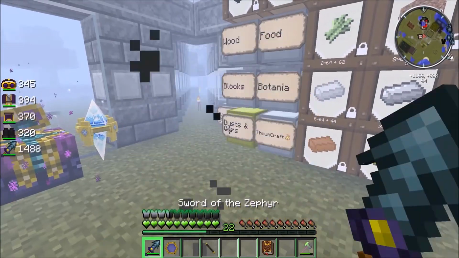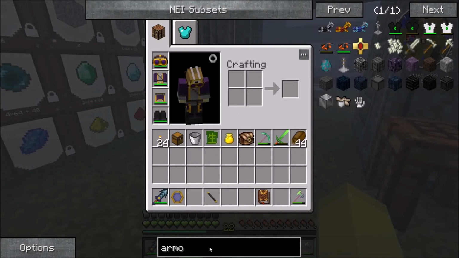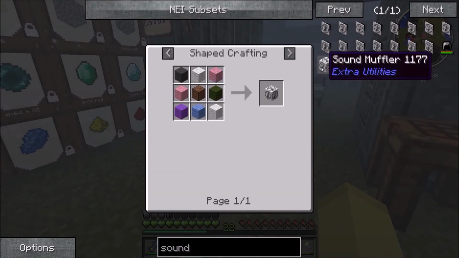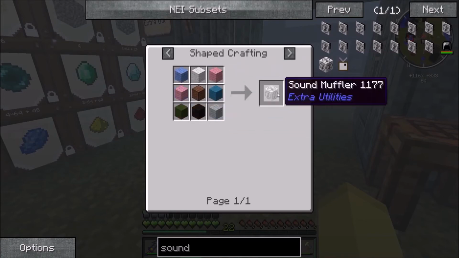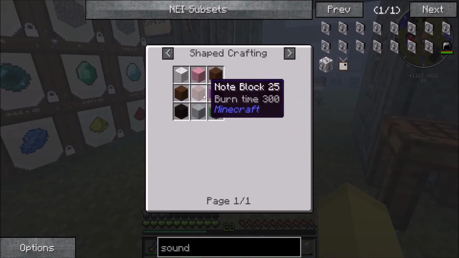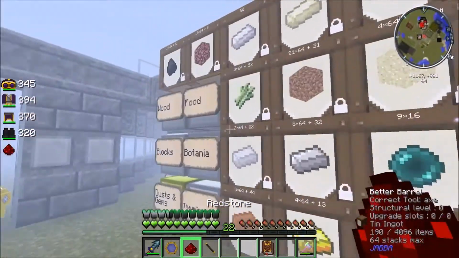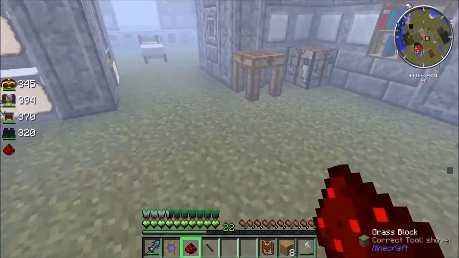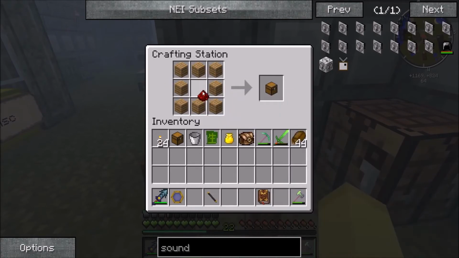So I'm going to show you also my, actually I'm going to make something and then I'm going to show you what it is. I am going to make a sound muffler. Now a sound muffler sort of negates all the sound from that area. And it just needs some wool and, is it a sound? Yeah, it's a sound muffler. Some wool and a note block. A note block is just wood and a redstone. That's not too hard at all. So note block, like so,